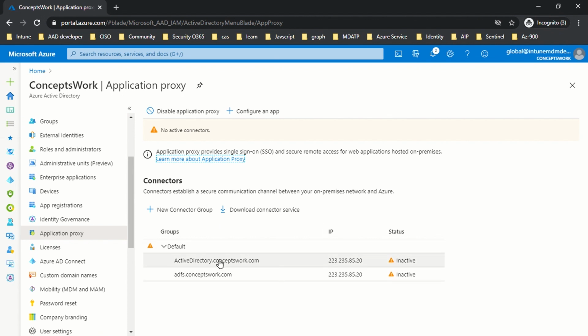But I've already deployed other applications as well. So that's why I'm getting these particular connectors listed over here. And as of now, both of them are inactive. Okay. So the first option that you have to select to deploy a new application for remote access is configure